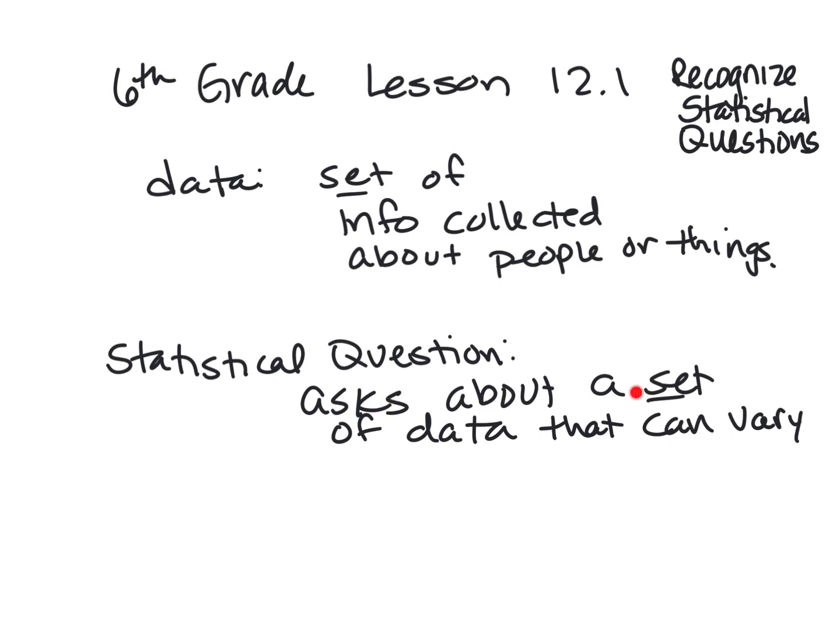It asks about a set of data that can vary, not like very much, but vary, V-A-R-Y, like change from time to time, or change over time, or change over the different people that you're asking. So it's a question that you wouldn't be asking one time or about an event that happened at one time to one person. It is a question that you would be asking multiple people, like how much do you weigh, to multiple people, and then trying to find the average of the weight of the whole class, or